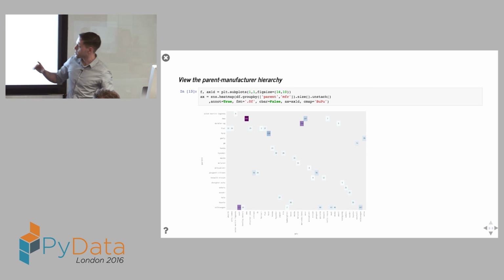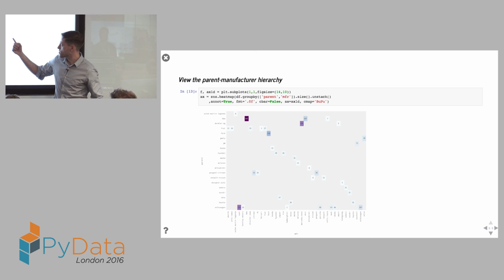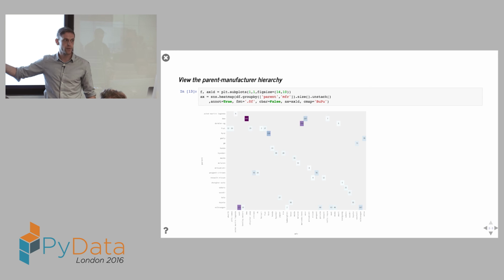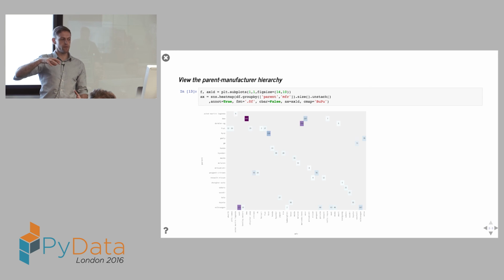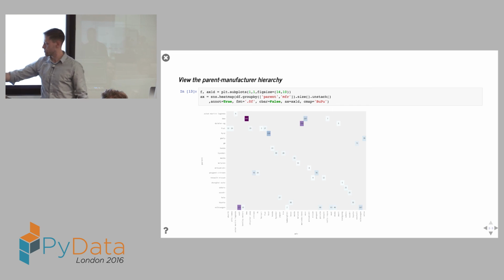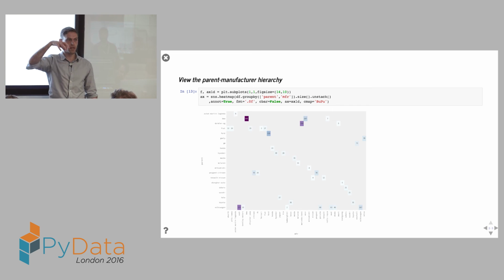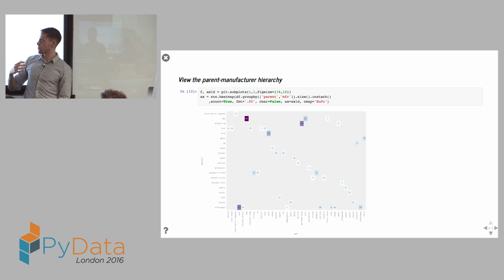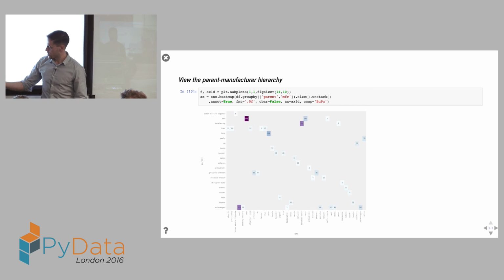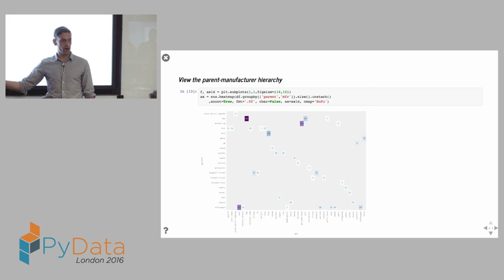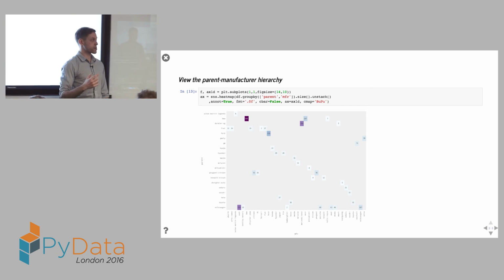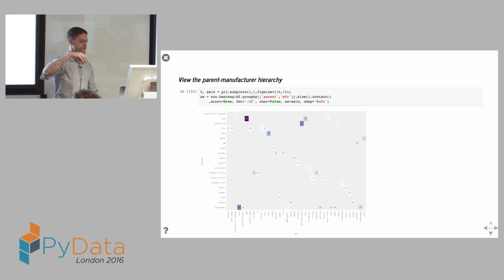On the other hand, there's some things a bit like Mitsubishi, which only makes Mitsubishi branded cars. So you can see here, it might be interesting if we're looking at the manufacturer to have some measure of the parent in there. So there is an inherent hierarchical structure in here. I don't want to say if your car is an Audi, that's all I care about. I might as well care about the fact that it's made by a parent company.